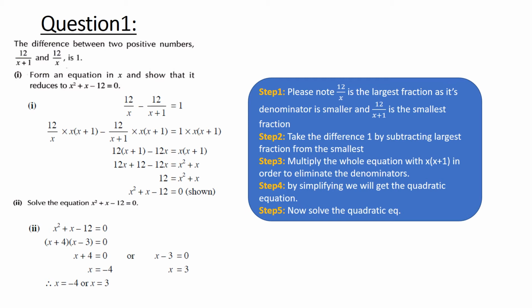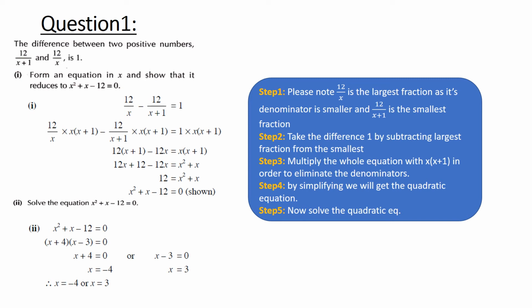After getting the quadratic equation, now we can solve it with any one of the methods, either by factorization method or by quadratic formula. But the factorization method is easier over here. So we will just apply the factorization method. X square plus x minus 12 equal to 0. Here the possible factors are 4 and 3. And we write it down as x plus 4 into x minus 3 equal to 0. So either x plus 4 is 0 or x minus 3 is 0. We get two answers, x equals to minus 4 and x equals to 3.